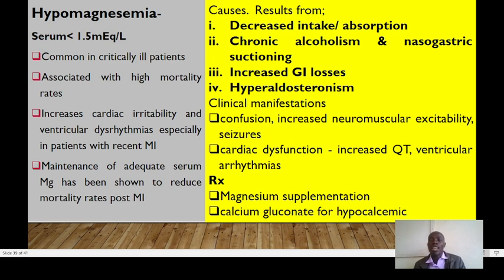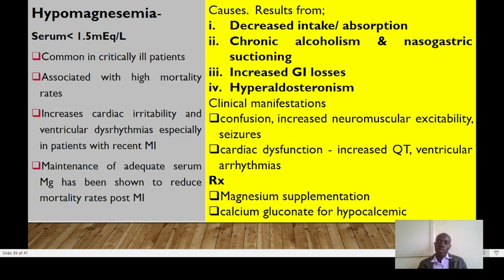Causes of hypomagnesemia result from decreased intake or absorption, and also chronic alcoholism and nasogastric suctioning, increased GI losses and hyperaldosteronism. So the patient will present with confusion, increased neuromuscular excitability, seizures, cardiac dysfunction, especially increased QT interval and ventricular arrhythmia. In terms of treatment, you have to supplement the magnesium, and we have the calcium gluconate, the one that you're going to treat